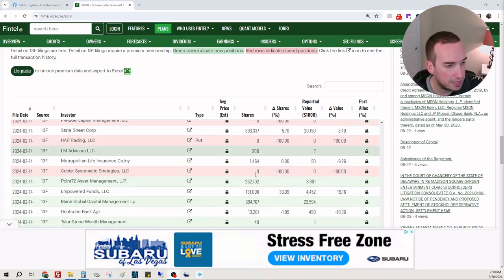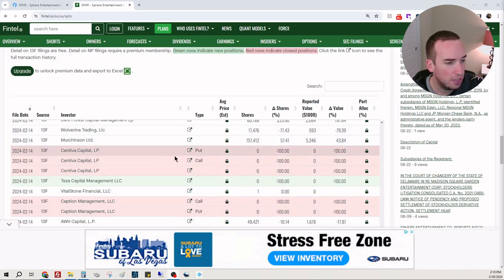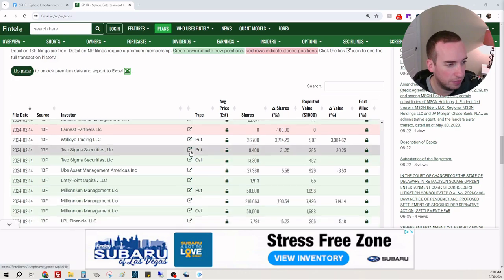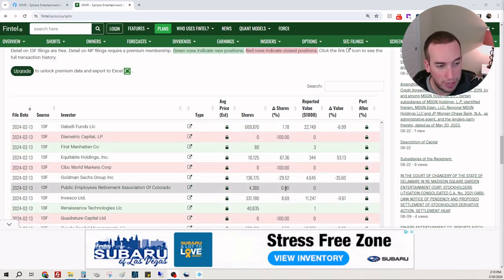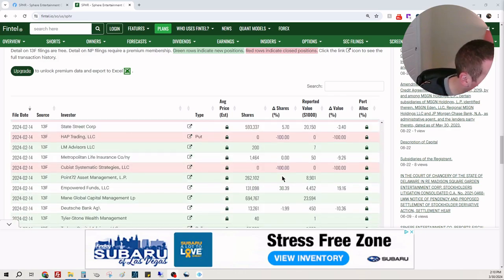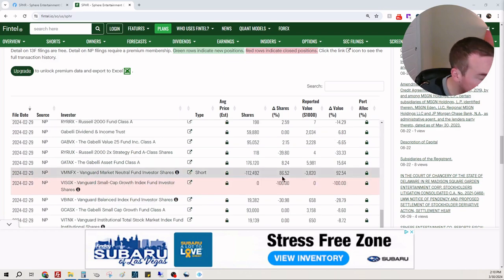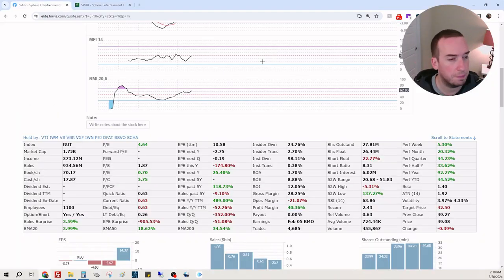3, 4, 5, 6, 7 total so far. 8, 9, 10, 11, 12, 13, 14. Well, 13 because the same company. 14, 15, 16, 17, 18. So a lot more greens than reds. I think that goes to show something. Pretty crazy. So I think this stock